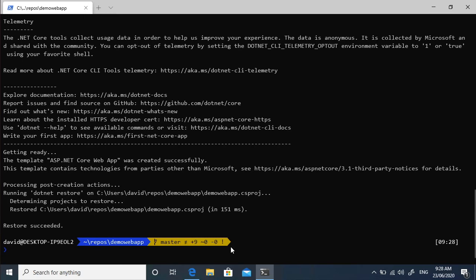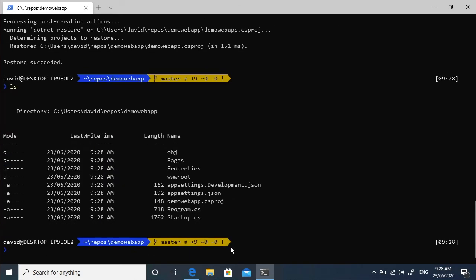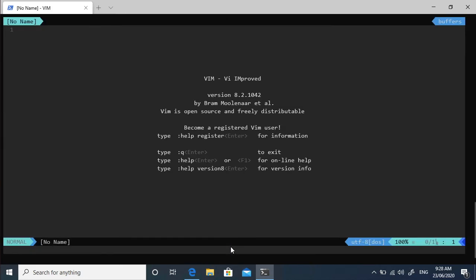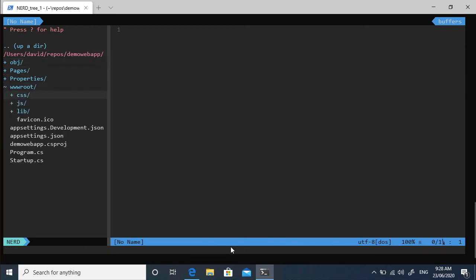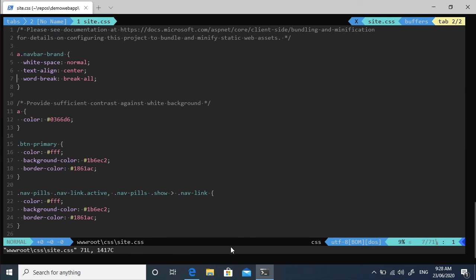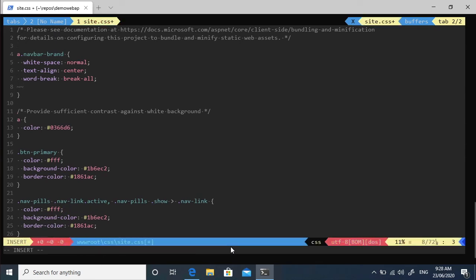Okay, so we created that, and now when I go into Vim, if I open Nerdtree, I can see the front-end files here, CSS, and we have auto completion enabled for them as well, and linting. So we have, for example, background color,